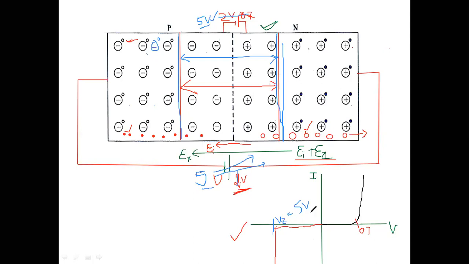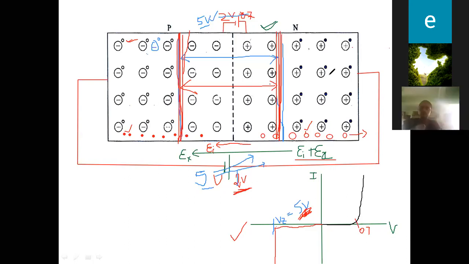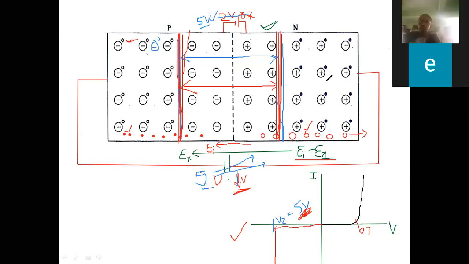Why? Because the potential is constant. The junction width will become constant here. Okay, since junction width will become constant, what will happen? The diode doesn't blow off and current will increase now. Okay, why will current increase?